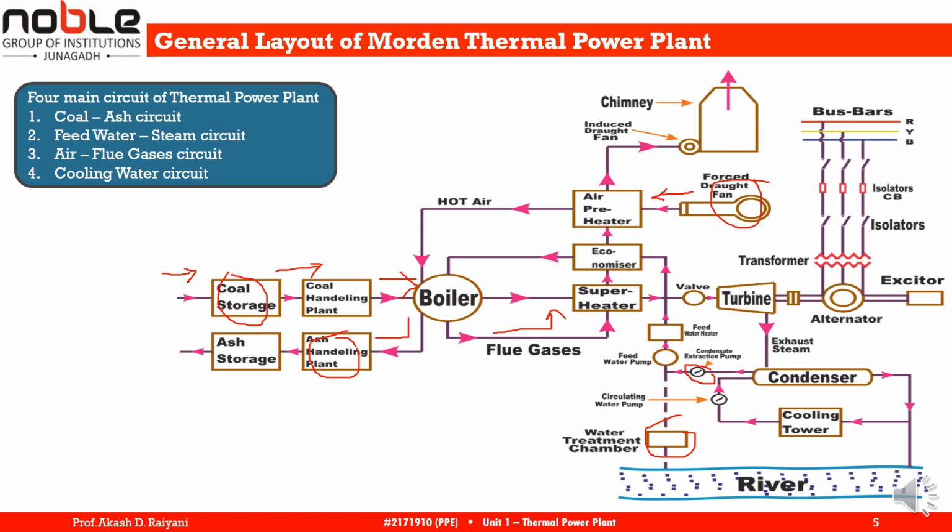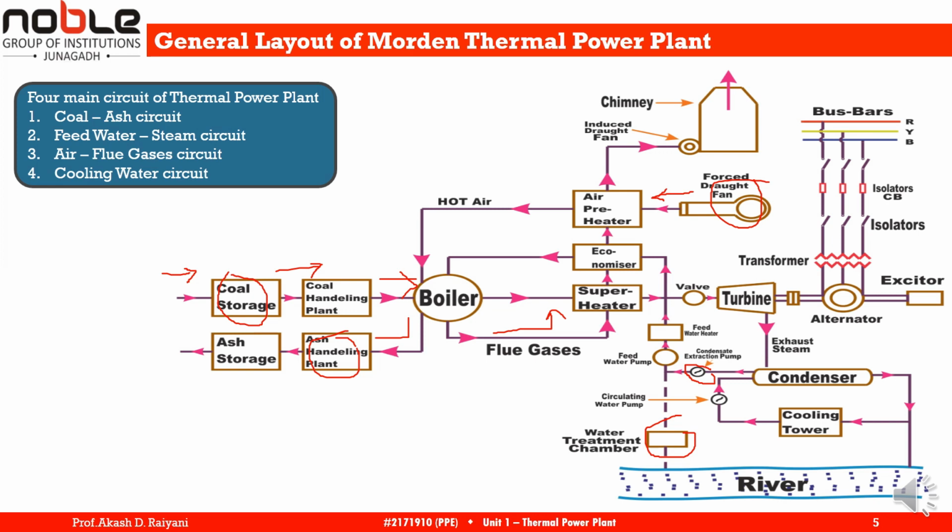It will reduce the dissolved salt to an acceptable level and avoid scale formation on the inner surface of the water tube. In the boiler, water is converted into high pressure steam, which may be wet. Wet steam is converted into superheated steam by passing through the superheater, which is placed in the path of the flue gases.